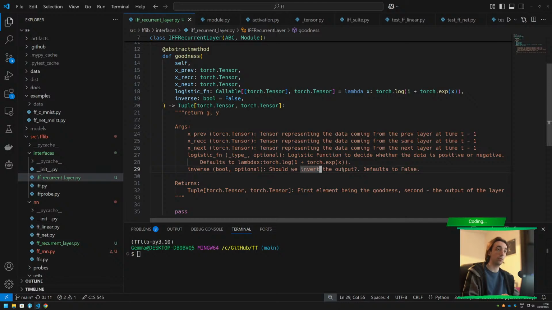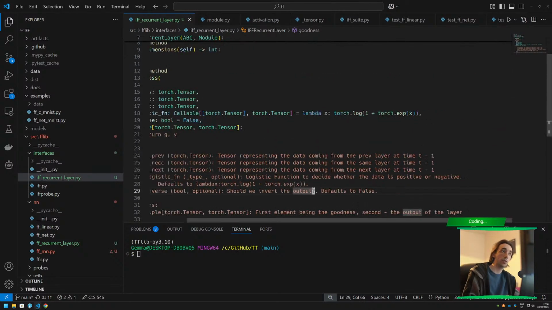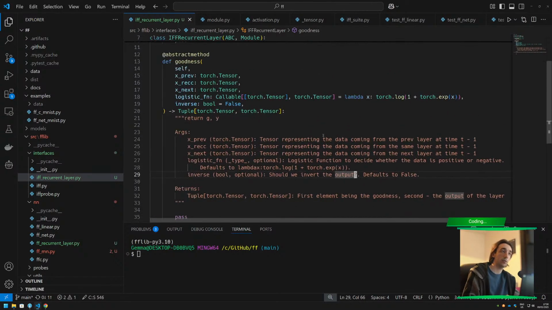False to false. Should we invert not the output, but should we invert, I have to see this. Goodness, the goodness function is what? The goodness function is, okay, should